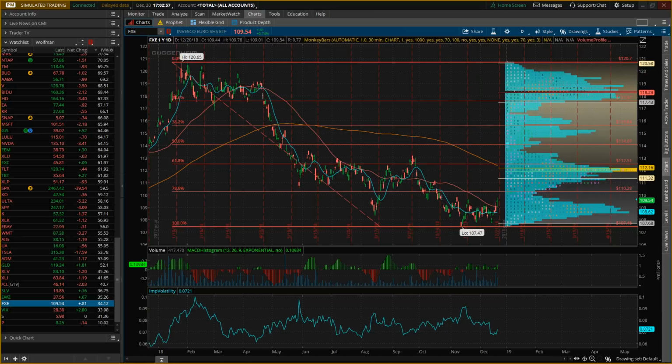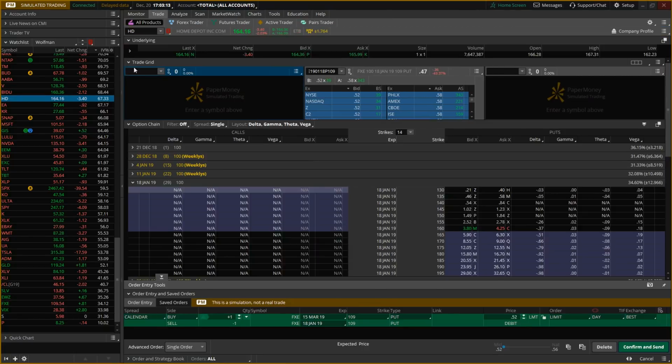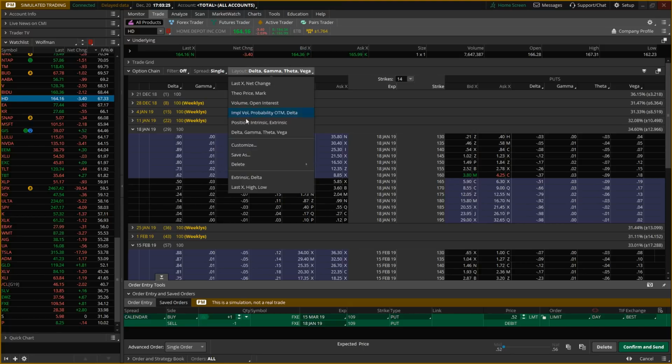All right. Somebody else threw out Home Depot. Let's check out Home Depot. We don't want earnings in this cycle, so we got that going for us. We want middle of the road. Maybe this might be a little bit high. It's a $160 stock. So we want to move it 3 ticks to the left, 16 cents. It's outside of that, but just make sure during the day session it is inside of that.